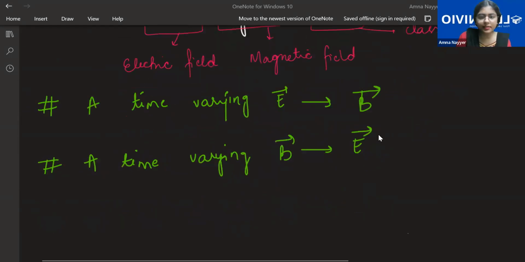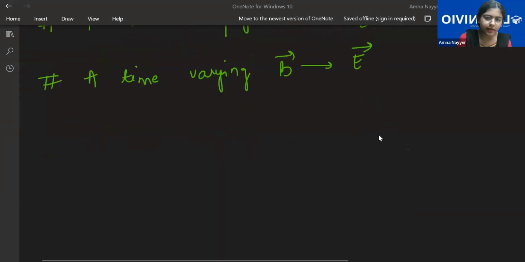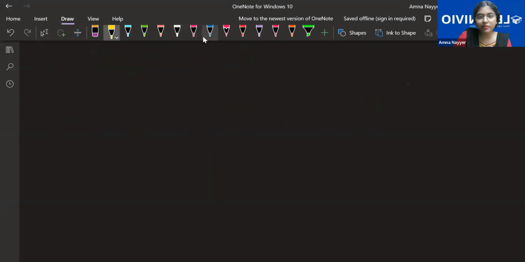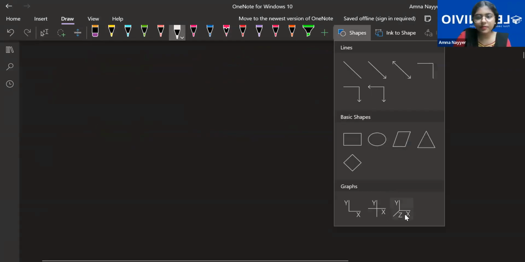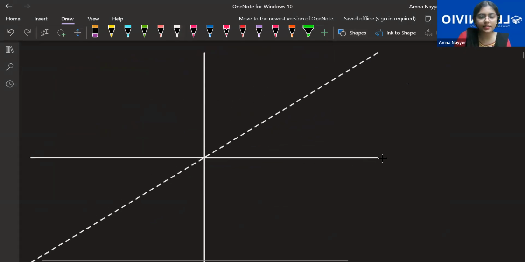See, what are these exactly, waves? Initially, I just told you that a time varying electric field gives rise to a magnetic field, and a time varying magnetic field will give rise to an electric field. That's all we started with. Now, see, when we plot the equation of electromagnetic waves, when we actually write the electromagnetic waves, if I draw all the axes here,